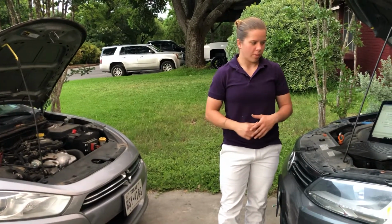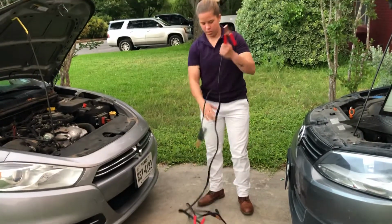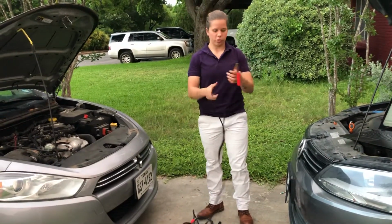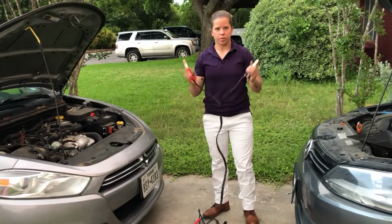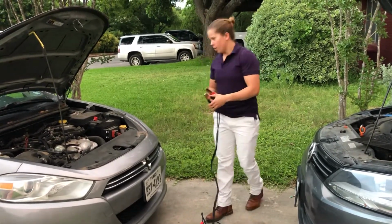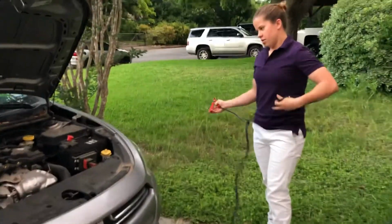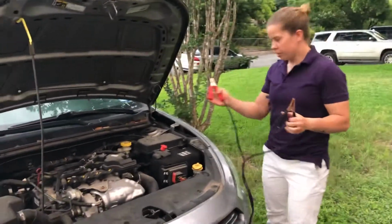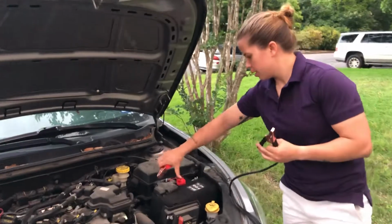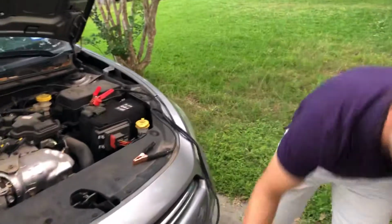In order to jumpstart a car battery, you'll need to have a set of jumper cables. Jumper cables can be purchased for as inexpensive as $10 at most retailers, even on Amazon. They're color-coded so that they're user-friendly. What you want to do is have somebody help you out in jump-starting your car. You'll want to apply the positive lead, red, to the good battery, and then apply the positive lead to the bad battery,